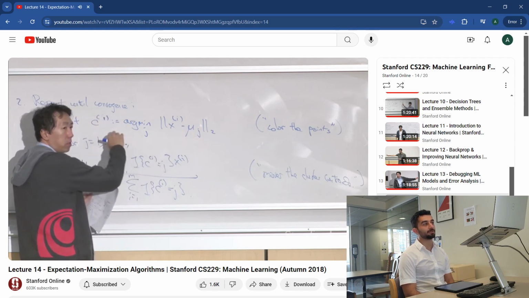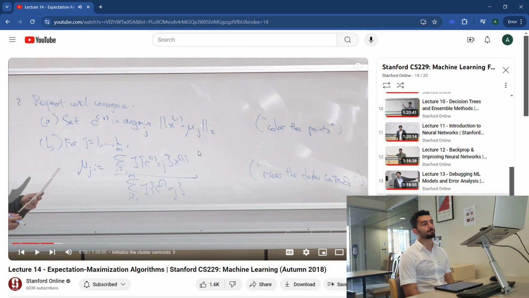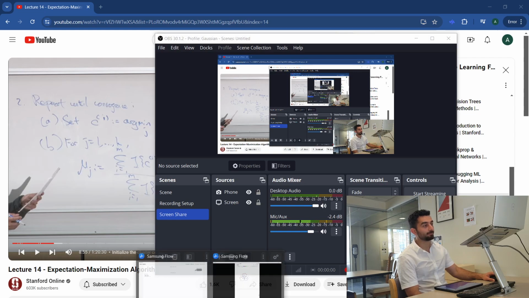What does ci equal j mean? So just take each point and color it, ci is red. A number. And represent that by setting ci equals 1 or 2, if you have 2 clusters, if k is equal to 2. Let's go see what it means here, right?